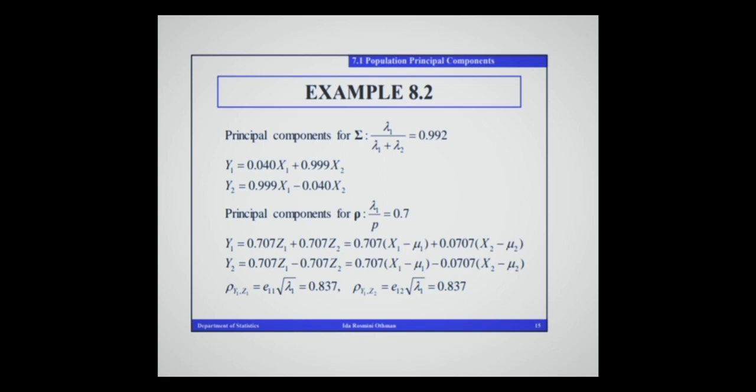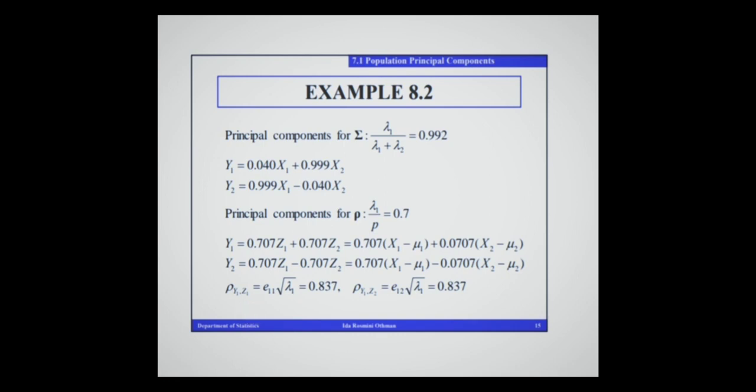Okay, so that is the way you find the principal component, and there is a difference between the principal components when we are using the big sigma and the rho matrix. Okay, the last one is when we want to find the correlation between the principal component and the standardized variable Z. So as you know, we find the correlation because we want to know which variables contribute most to the